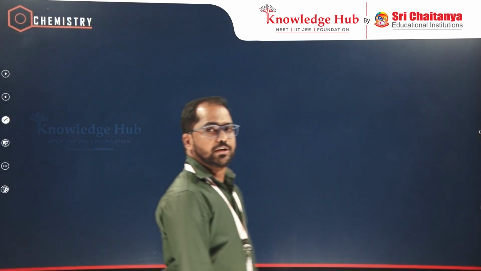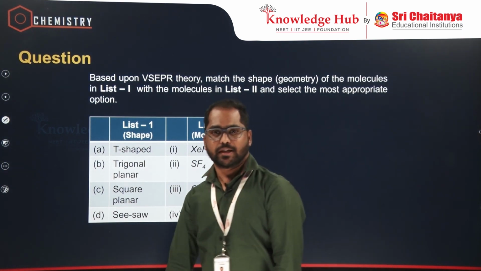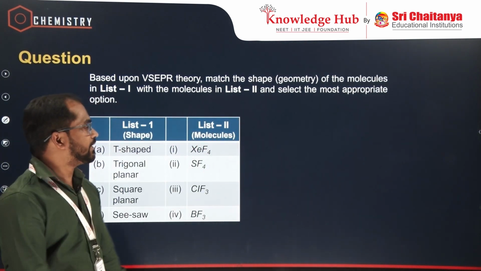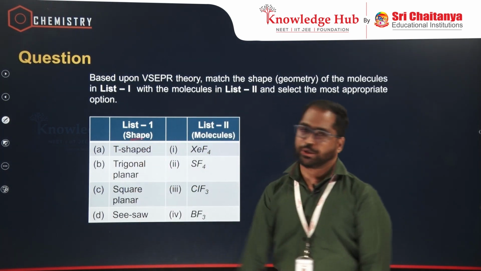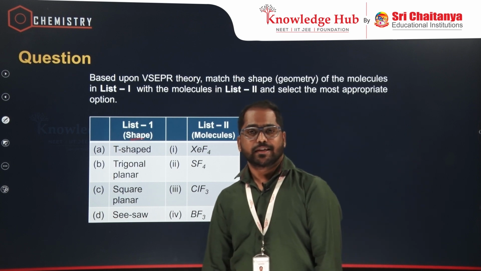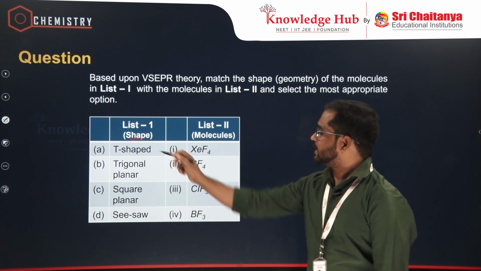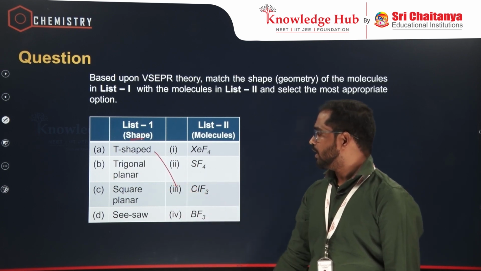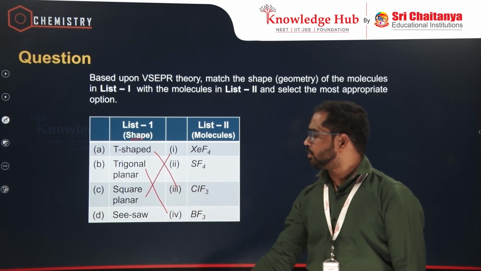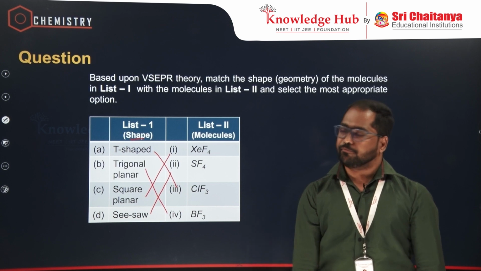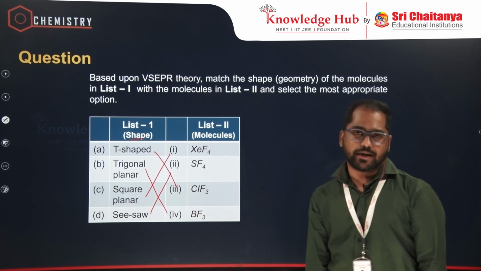Similar to this, there is one more question on VSEPR theory, which is relevant to hybridization and their structures. If you see the question, there are some examples directly with the shape of the molecule. Always, shape is determined with the steric number and lone pairs of electrons. If you see the T-shaped molecule, which is ClF3, trigonal planar molecule is BF3, square planar is xenon tetrafluoride, and seesaw is SF4. If you calculate the steric number, you can easily get all these geometries.